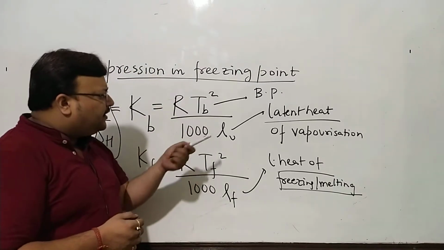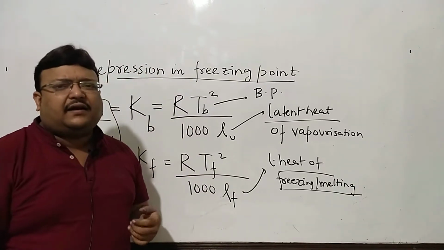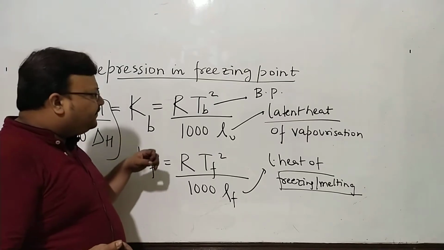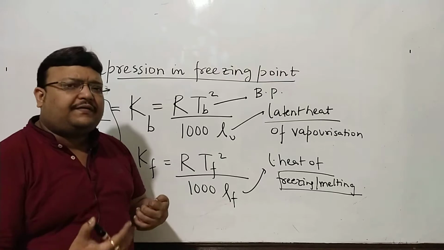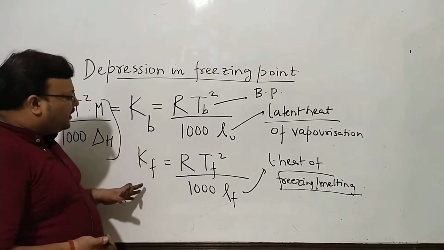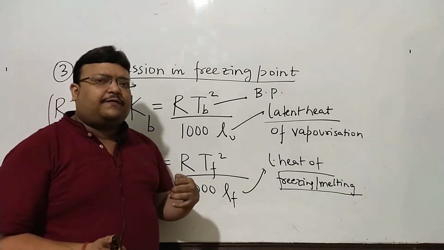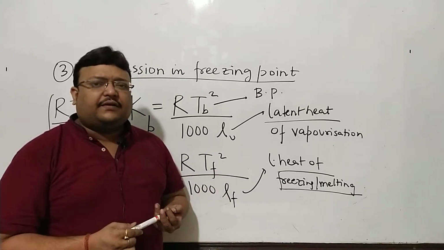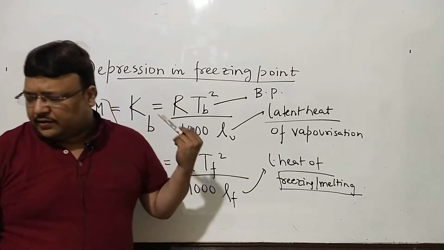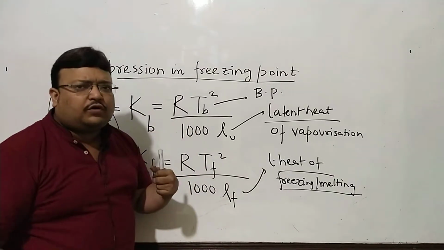But this is a more common expression, and it's very unlikely that they'll not give you the value of Kb, Kf. These are extra pieces of information you might want to have, but generally in a problem they give you the value of Kb, Kf. You just have to write for the concentration and get the increase in boiling point or the decrease in freezing point. So with this we come to the fourth colligative property.